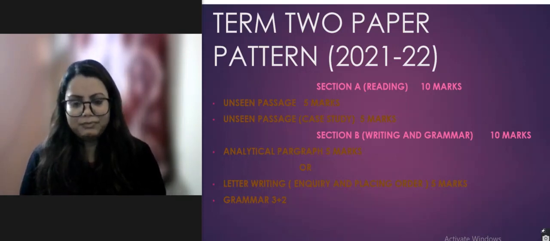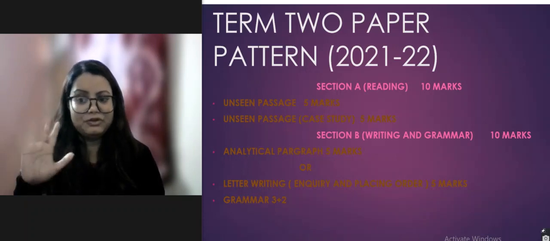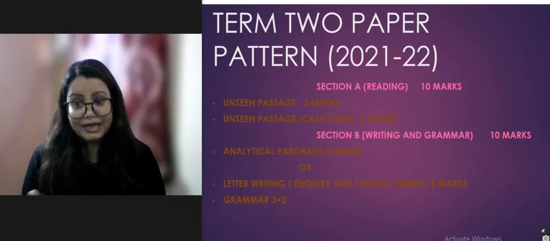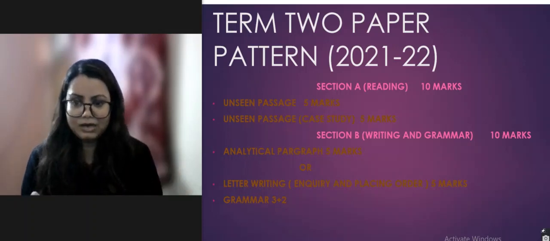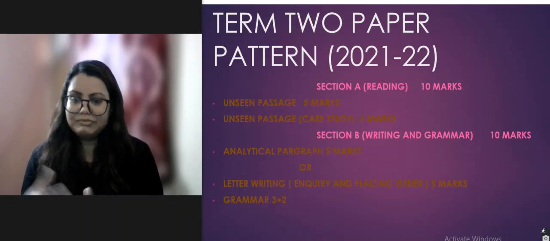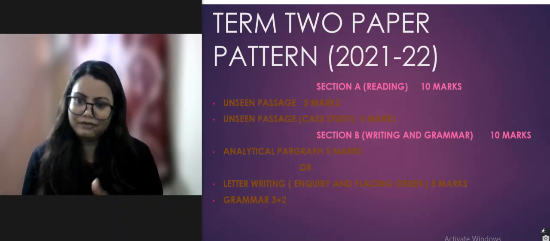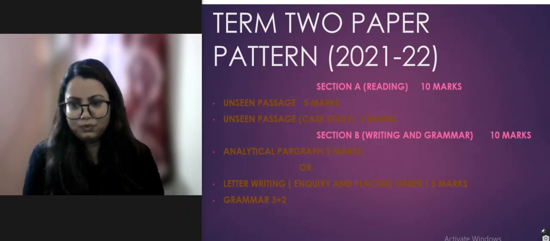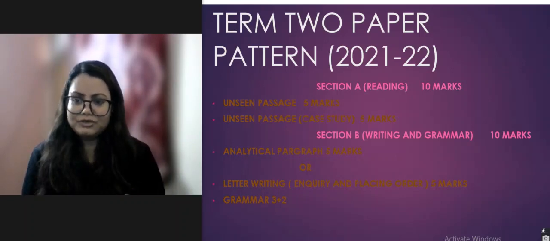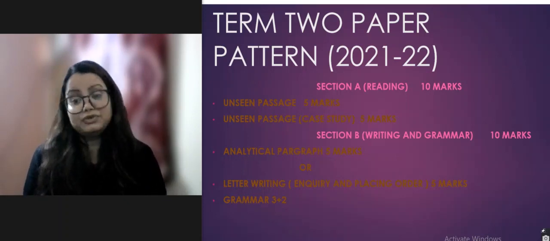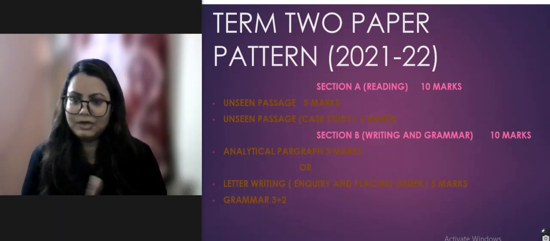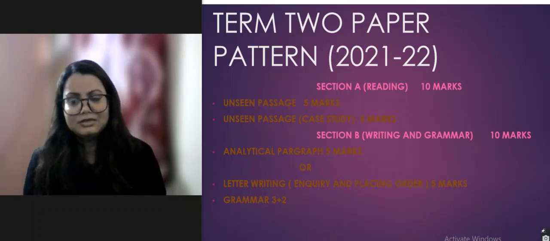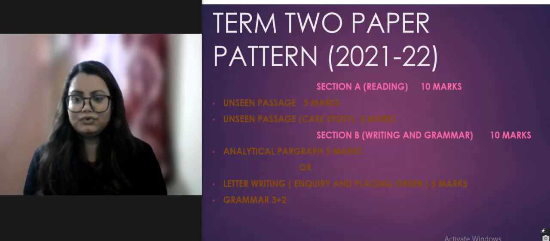Now coming to the grammar portion, again it will be of 5 marks. The weightage is 5 marks and the bifurcation can be 3 plus 2. That means for 3 marks maybe gap filling can come, maybe editing or omission can come, and for 2 marks direct indirect, which is reported speech, will come. So in grammar weightage, two different kinds of exercises can come. 3 plus 2 is the marks, and in grammar we will cover everything. Of course everything is there in the grammar syllabus. So of course you need